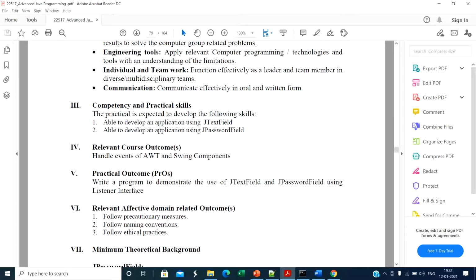When you enter a password on a website, it is displayed in some specific characters, on some websites as a star or a dot. That is created by using the JPasswordField.